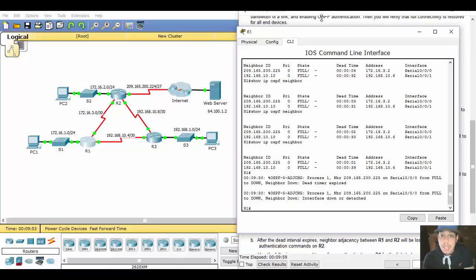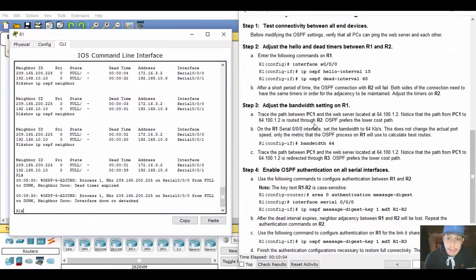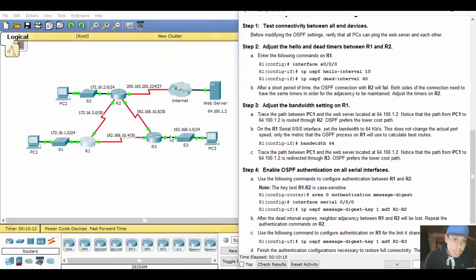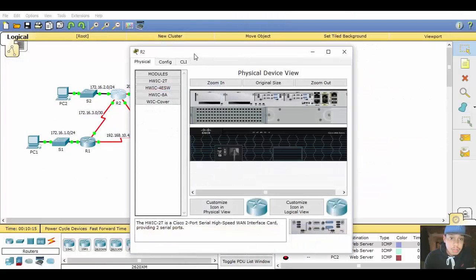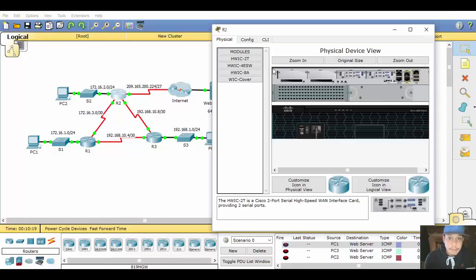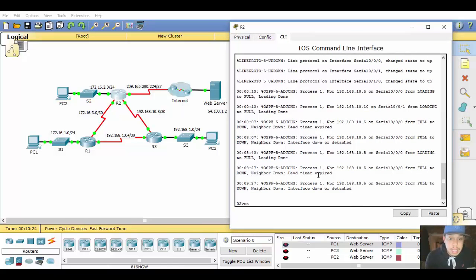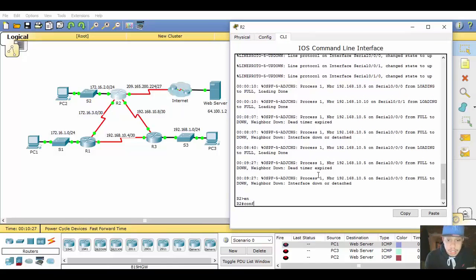Okay, so we've done that now, and we know that we don't have an adjacency now. After a short period of time, the OSPF connection with Router 2 will fail, which it just does. Both sides of the connection need to have the same timers in order for the adjacency to be maintained. Adjust the timers on Router 2. So we'll jump on Router 2, check that interface, and put the hello and dead timers the same as what we've just changed them to on Router 1,